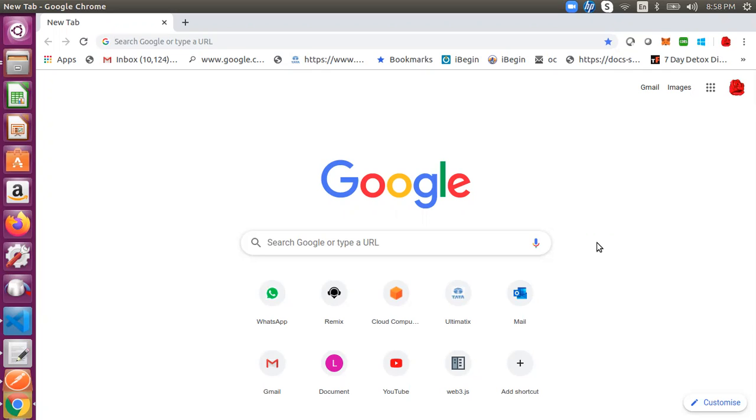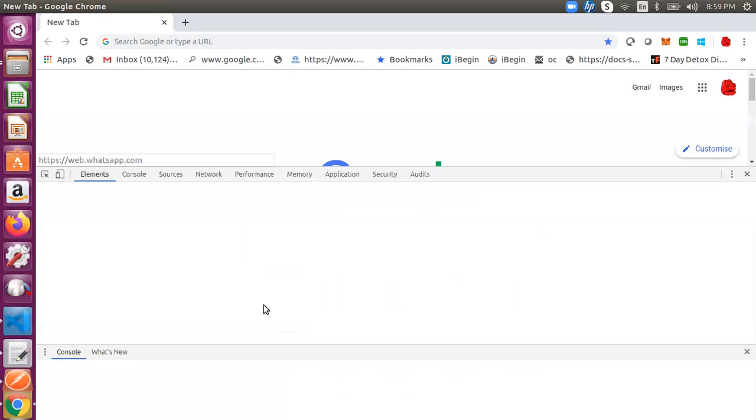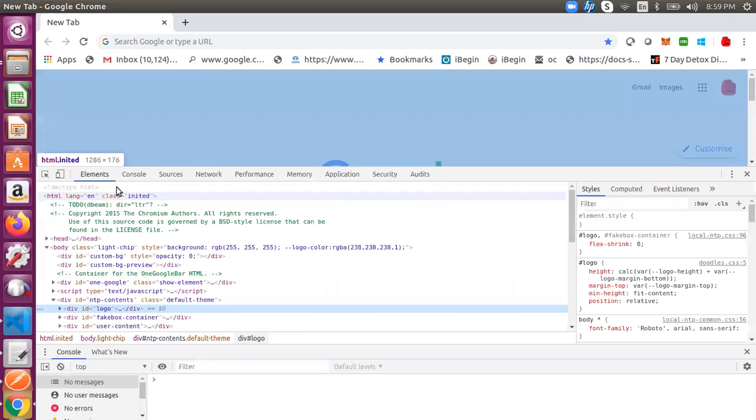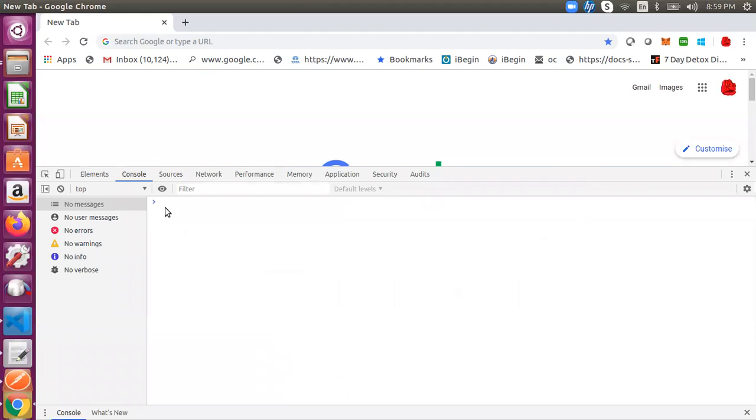For example, in any web browser you will have a console where you can write some JavaScript. Here is a Google Chrome browser. I can open a console by right clicking anywhere on the browser and clicking on inspect. Then it opens a dialog box down or on the right side. When you click on it, there will be a console tab. Please click on the console tab so that it displays the console. Here in the console, you can write JavaScript.